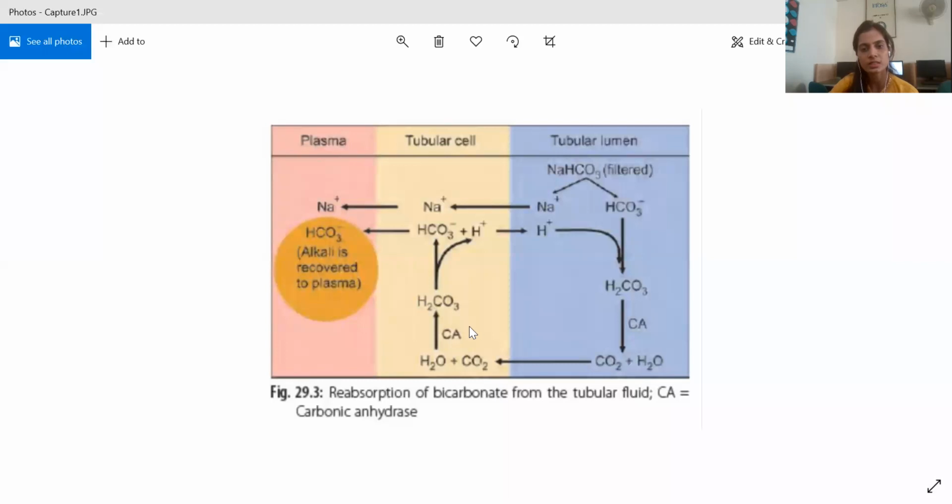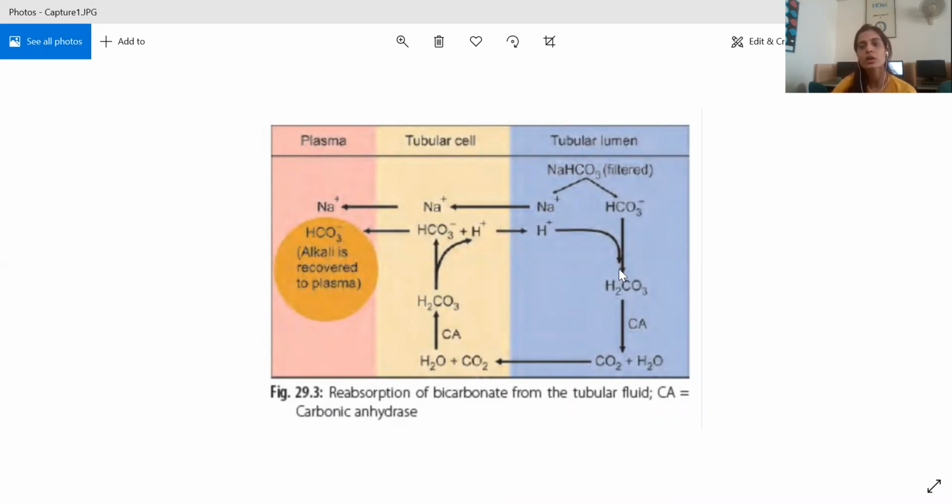You can look at this diagram again. That one was the last diagram. Now for the reabsorption of bicarbonate, H2O plus CO2 will give H2CO3 in the presence of carbonic anhydrase. And this H2CO3 will break into HCO3- and a hydrogen ion. So this HCO3- is going into plasma, and the hydrogen ions are going into your tubular lumen,